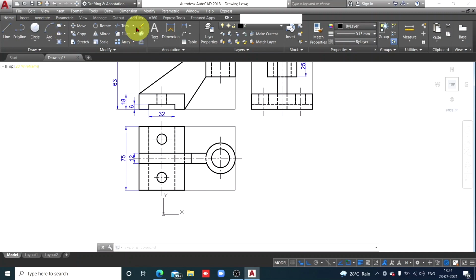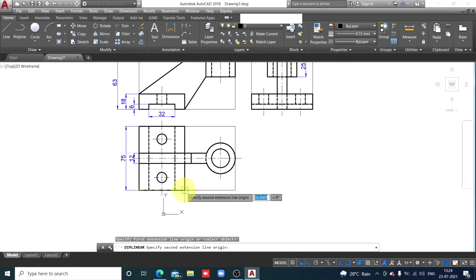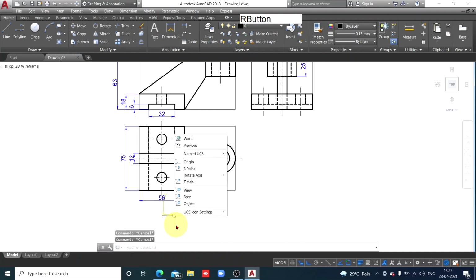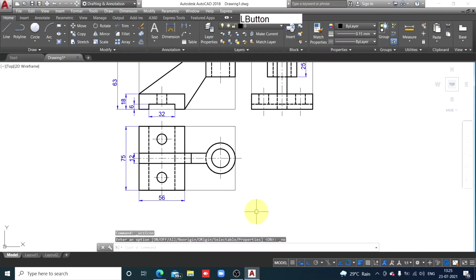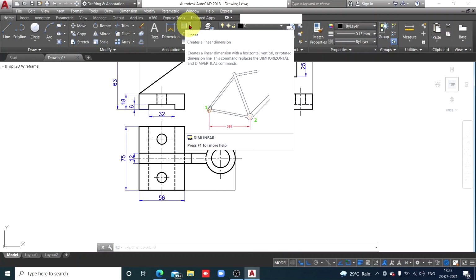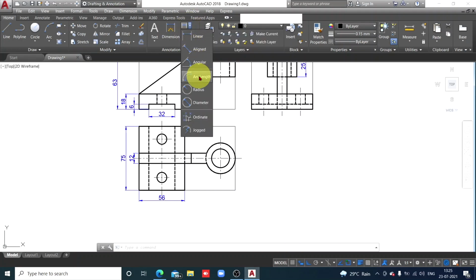Then left click, UCS icon setting, show UCS icon at origin. Now, dimensions for circles.